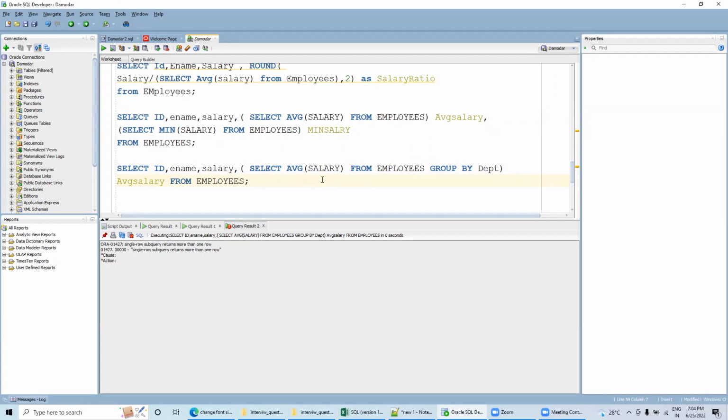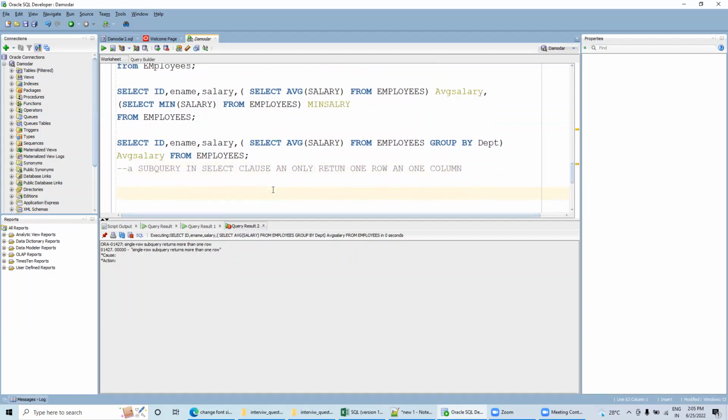Clear, guys? Is it clear? Yes. I'll write here: a subquery in select clause can only return one row and one column. This must be clear to you guys. This is a basic thing. Always you have to